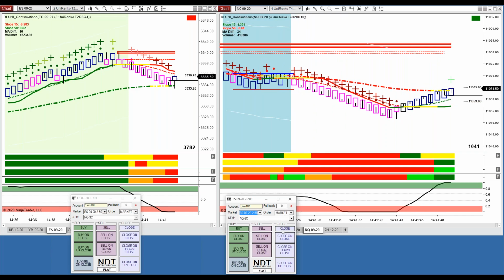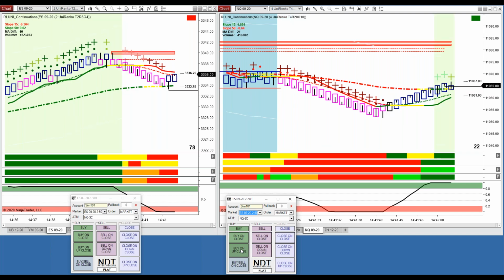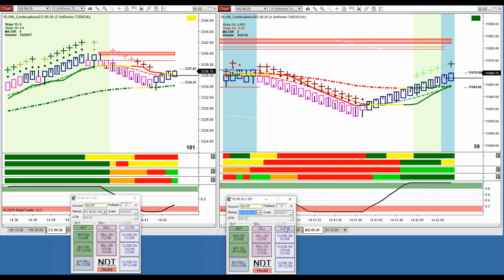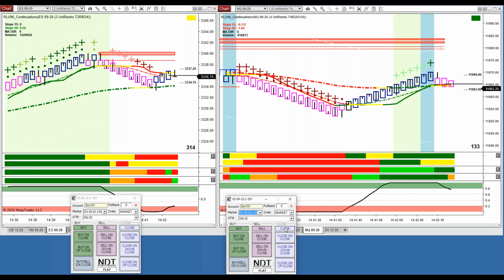Okay. And we'll take a trade. All right. Sergio has to fix this. You know, it's set to take trades on